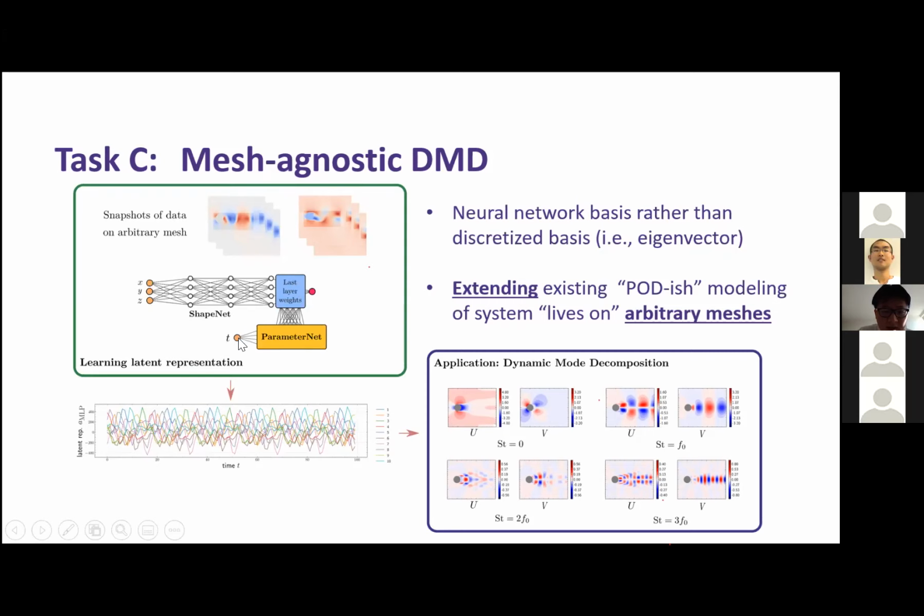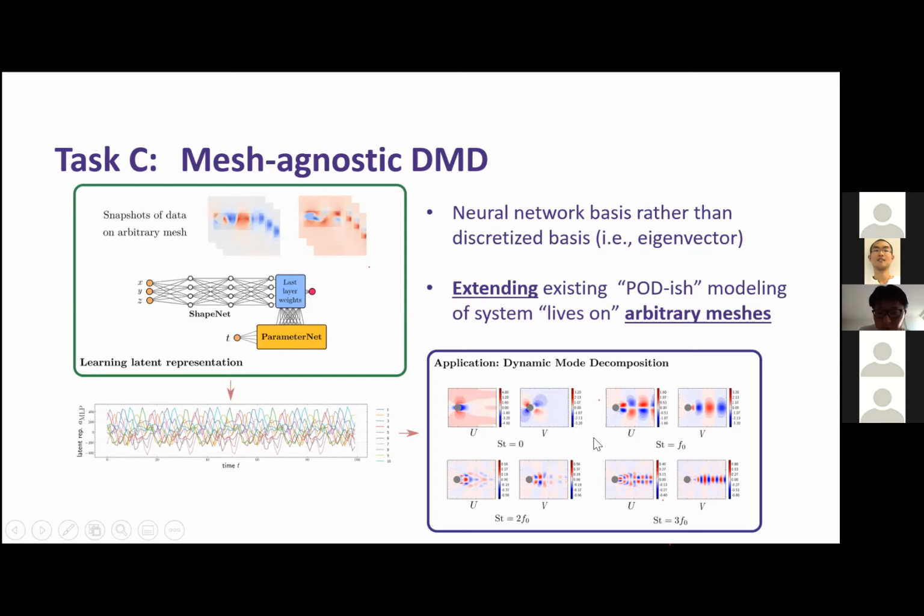Then you will find out that if you evaluate at a certain time t, you get these coefficients A1 to AT, right? Then you plot them. In this problem, the last layer has 10 weights, so you can plot them all and you will see 10 lines. Note that this timeline basically represents the time variation of this spatial temporal field. So you can just use this 10-dimensional time series to perform DMD.